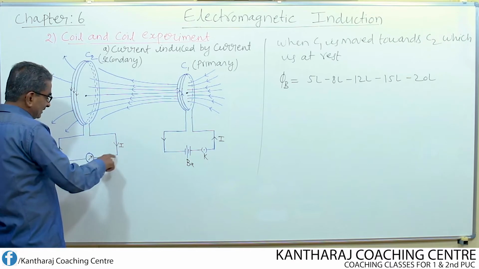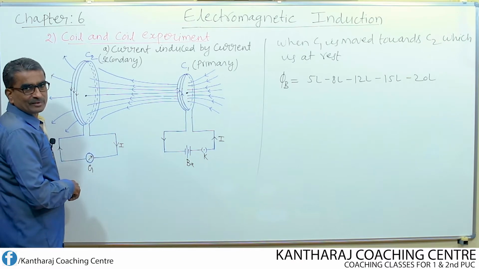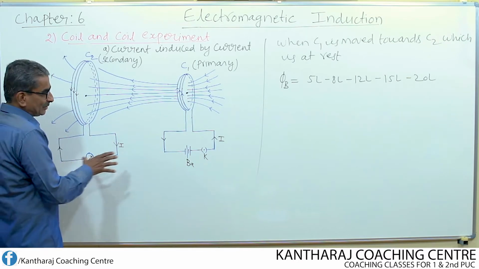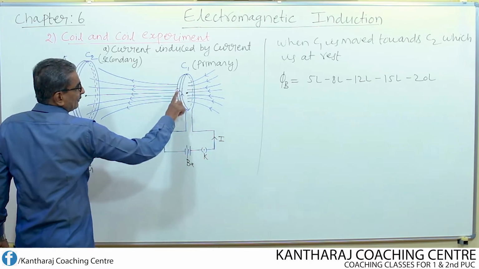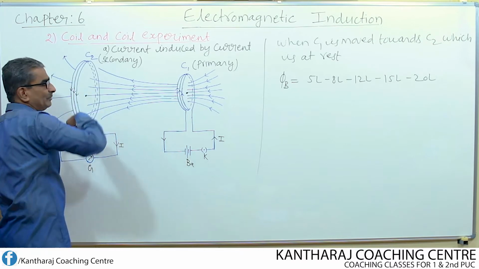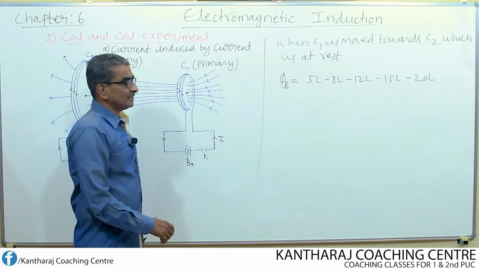Whereas this one is nothing but an external circuit. So, this is an external circuit, so it should be opposite to this. Again, in the coil, the direction of current, if it is upwards, here it will be in the downward direction.